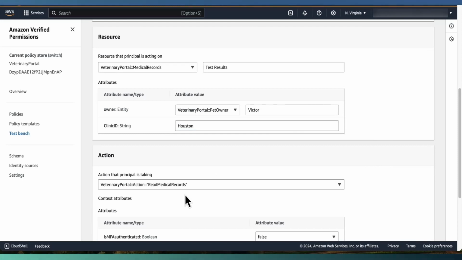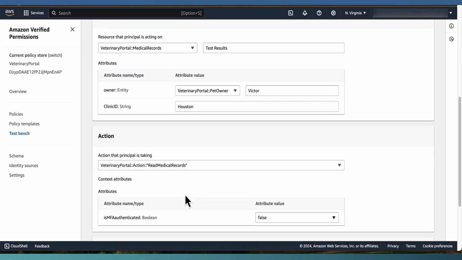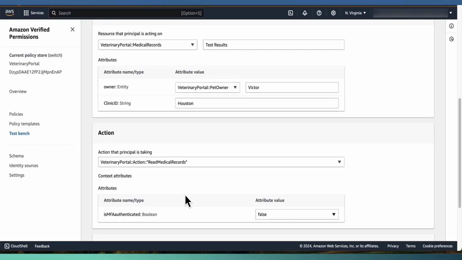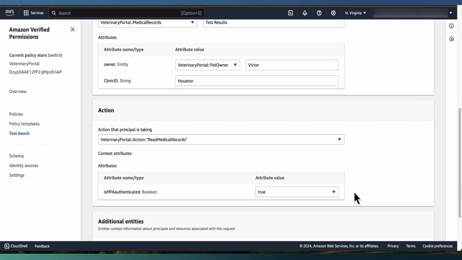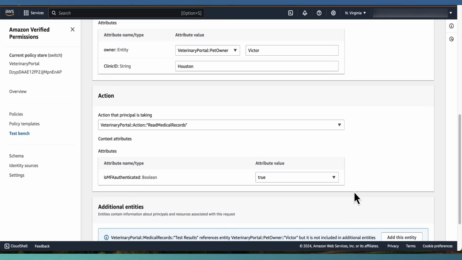Here we have 2 options because we have allowed vet to either read the medical records or update the medical records. Now we have to choose an attribute which is MFA authenticated. We have defined this in the schema and this is to ensure that the sensitive data is protected with multi-factor authentication. Since the medical records are sensitive data, we have protected it with MFA. However, we haven't defined policy based on this, so it does not have any effect as of now on the